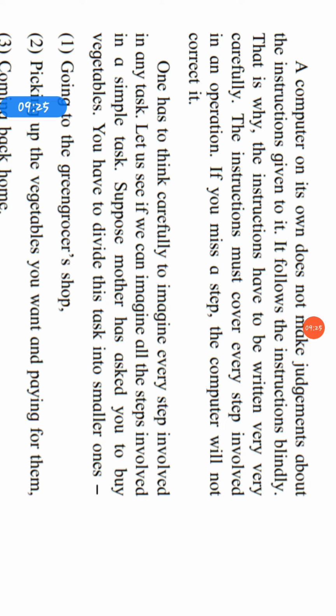A computer on its own does not make judgment. Judgment means opinion. A computer on its own does not make any opinion about the instruction given to it. It follows the instruction blindly. Why? Because we humans put that instruction into the computer, and the computer is not going to ask whether it should follow this instruction or not. If we update it with that instruction in our code, it follows